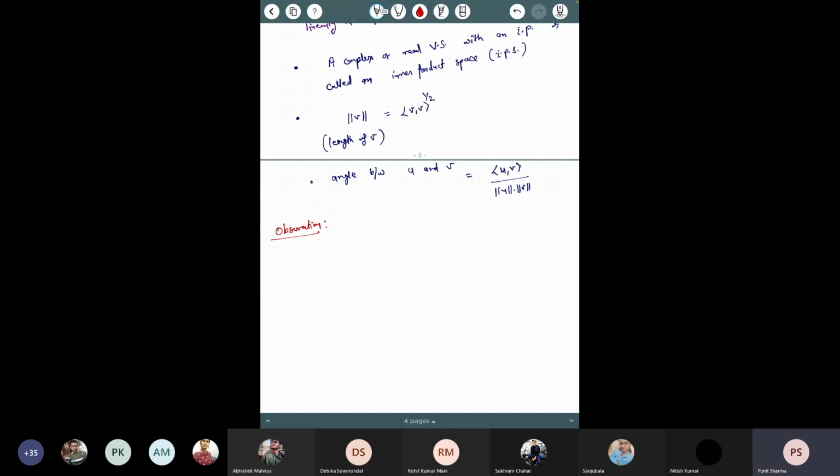So the observation is that if you just ask, okay, sir, why do we need this conjugate symmetry here? Because the other properties, if you come